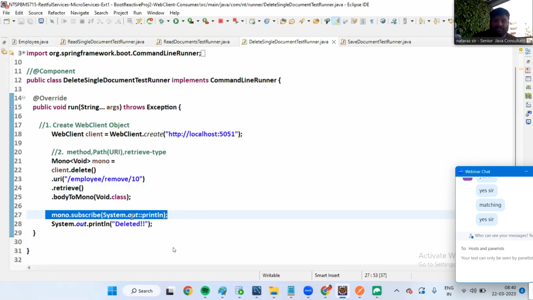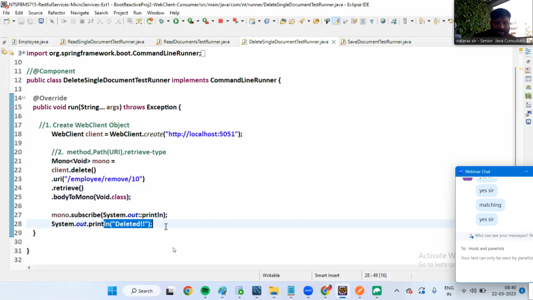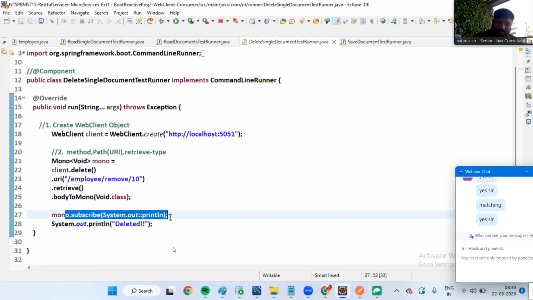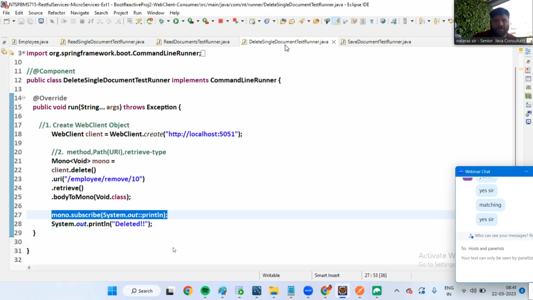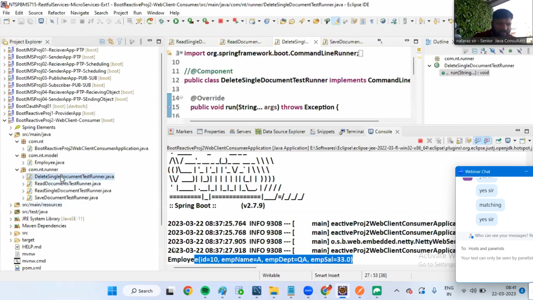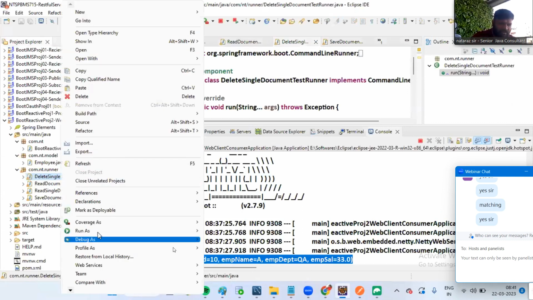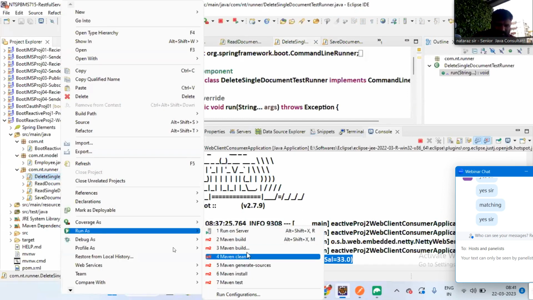But Void means nothing will be printed, Ra Babu. That's why I'm writing my own message. I hope you understood why I'm writing an explicit message, guys. Because if I try to print a Mono object of Void, nothing will be printed, right, boss? Super. Run as